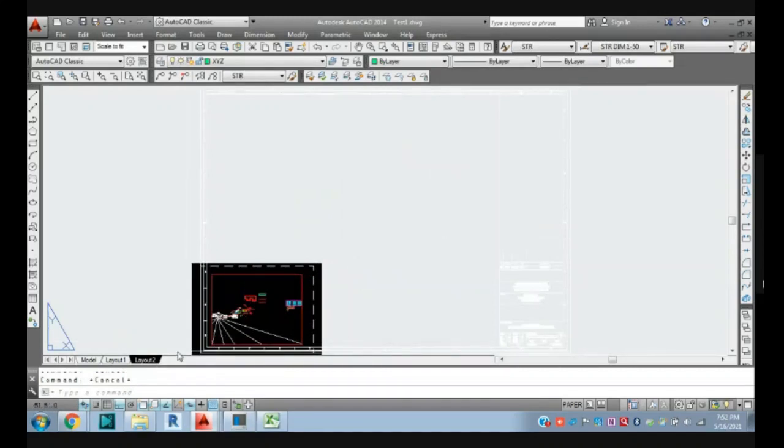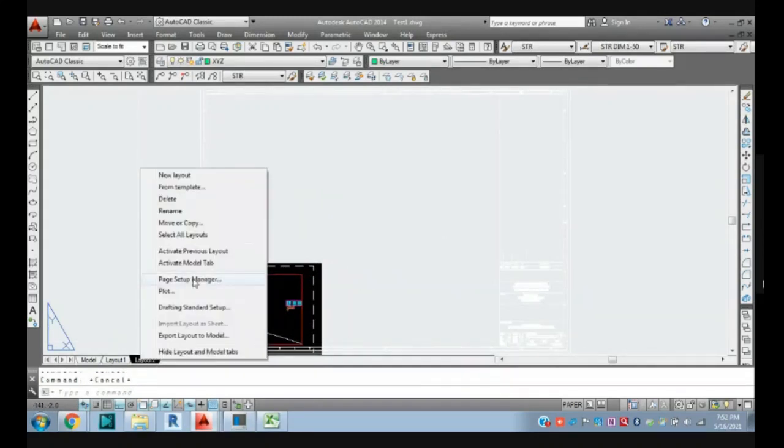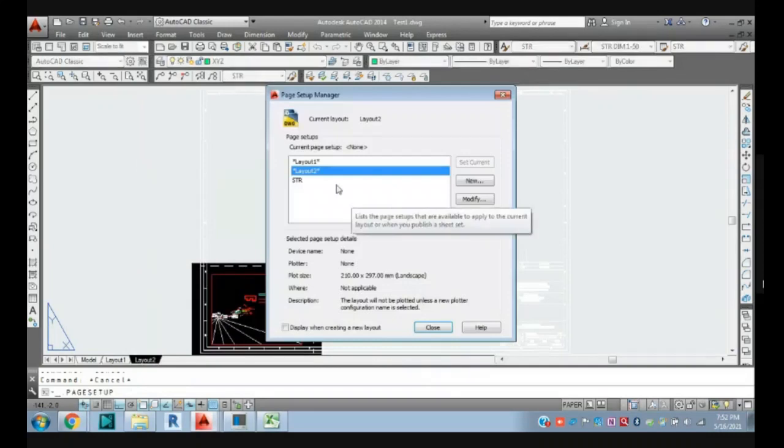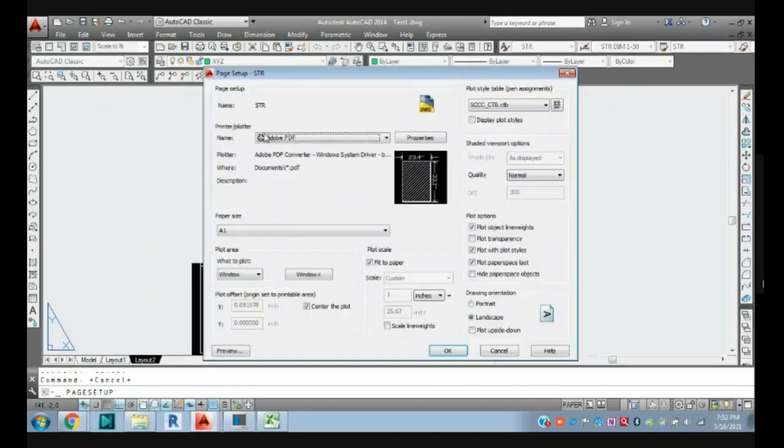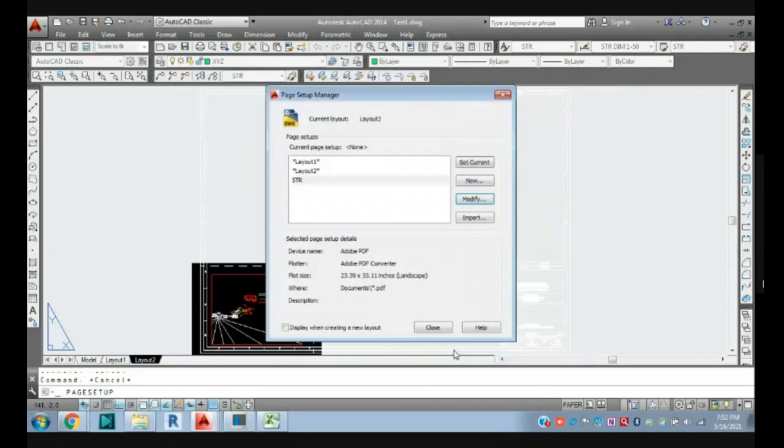Right click, we will set again. Go to the page setup manager, modify. I have set all those things here, and suppose I use the extents, it will automatically take the extent of this template.